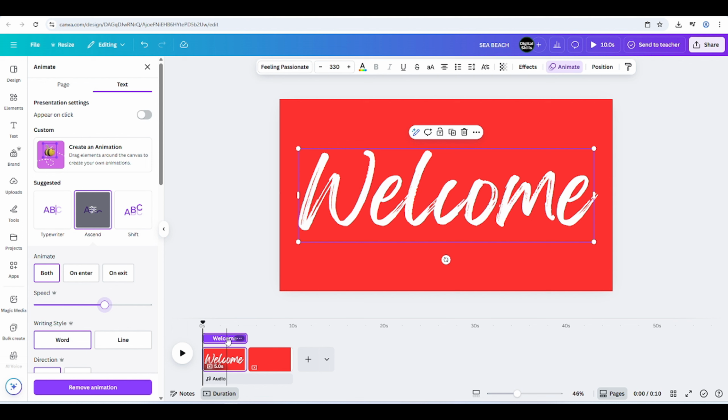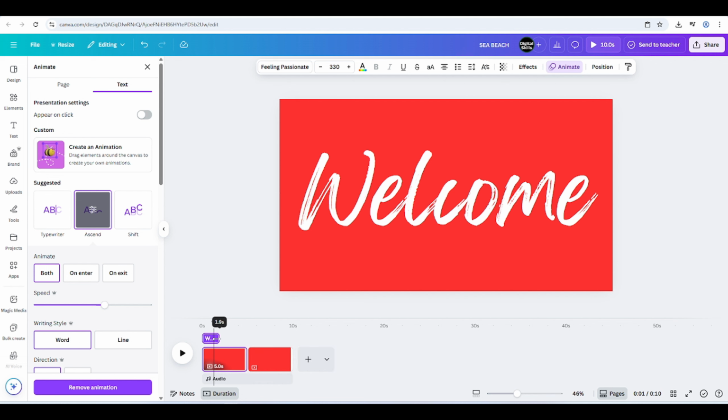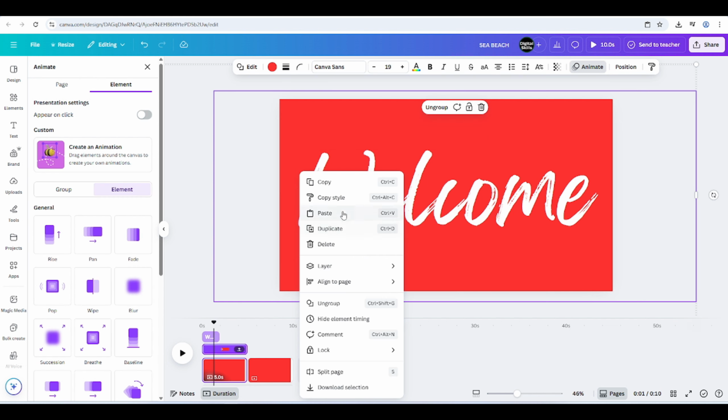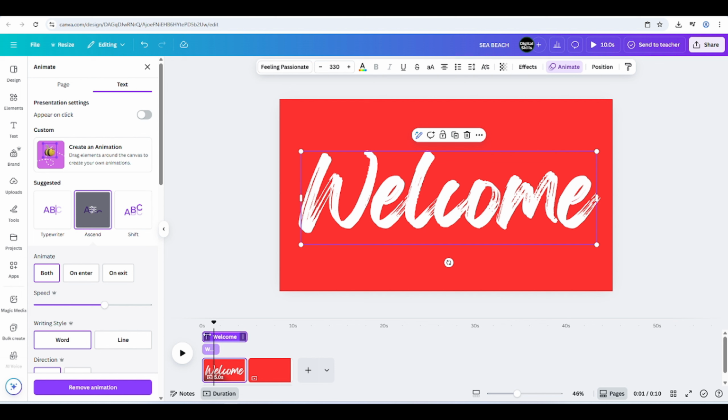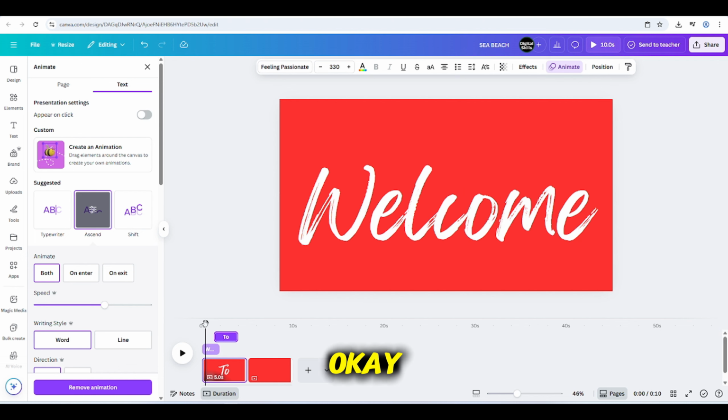And decrease time duration. Copy it and again paste. Now right here 2. Okay,